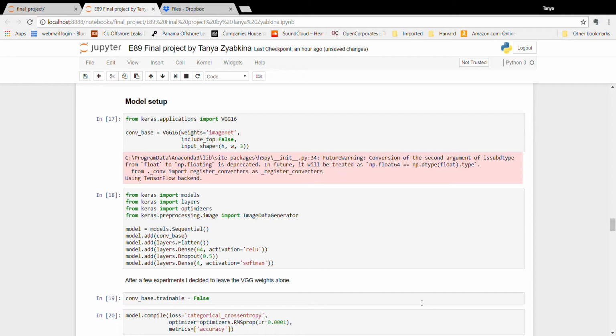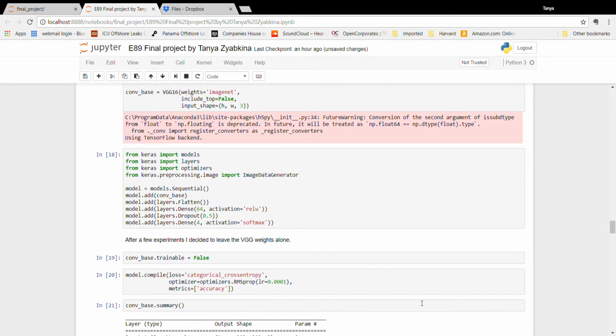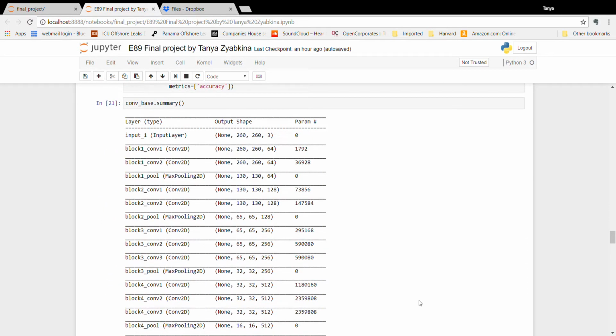I'm not going to change any weights of the original model, but going to add some layers to it, a dense layer, a dropout layer, and another dense layer. The activation function is softmax, and the loss function is categorical cross entropy. So after training them,